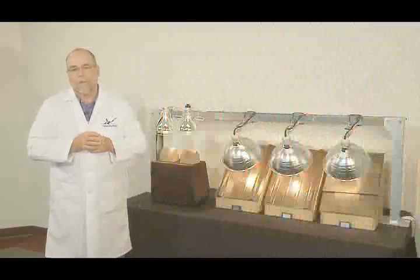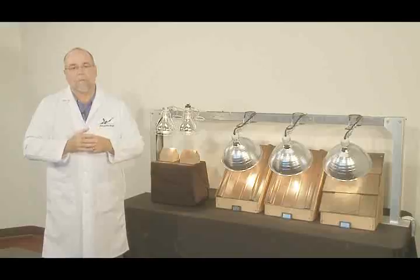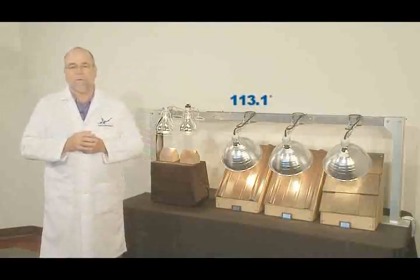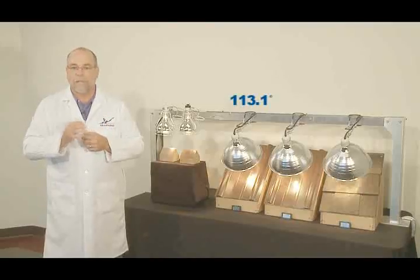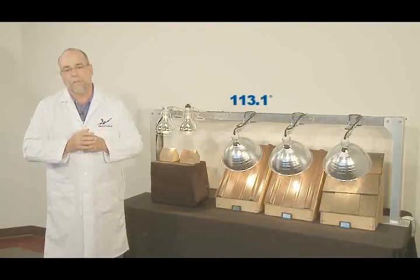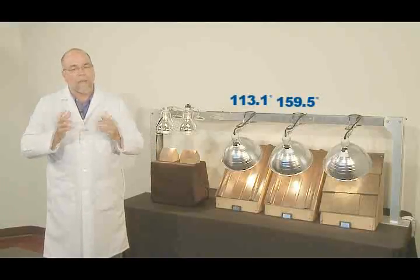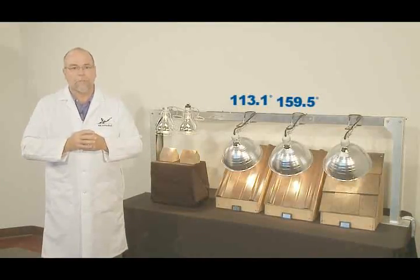As you can see, the attic space under the roof panel with the Cool Chemistry coating is recording a temperature of 113.1 degrees. The interior space under the standard pigmentation panel is registering a temperature of 159.5 degrees, while the attic space covered by the asphalt shingle exhibits a temperature of